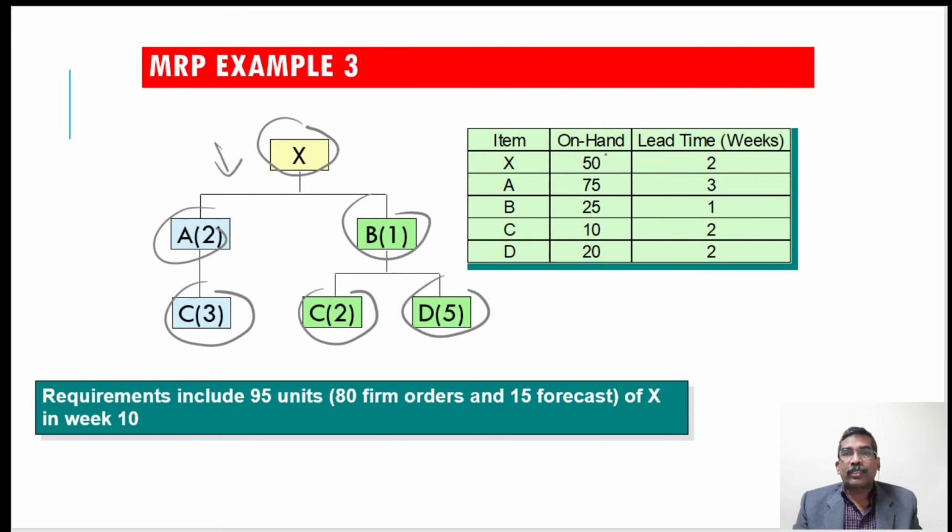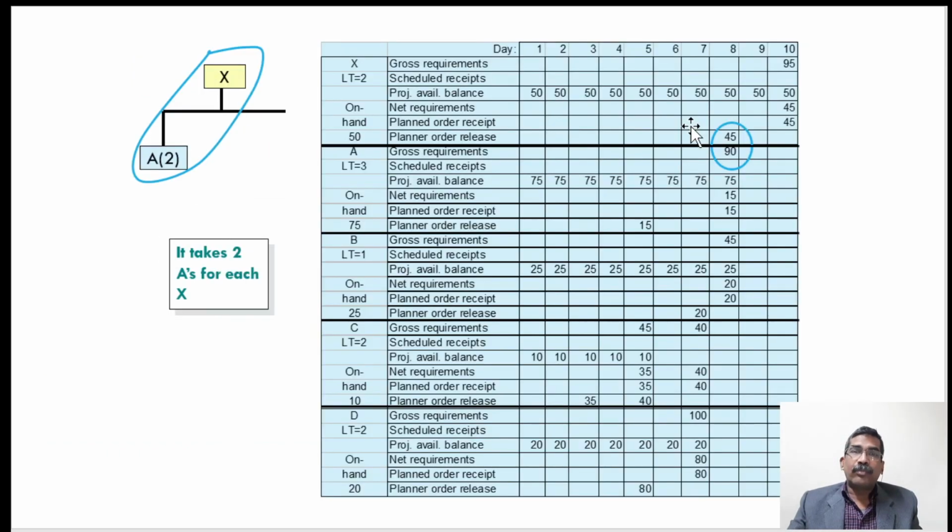This is the product structure, and on-hand inventory is shown here: how much inventory is already available. So this must be deducted from the gross requirement, and on the basis of that we can place the rest amount as an order, and then this is the lead time given here. So what will be the scenario of this